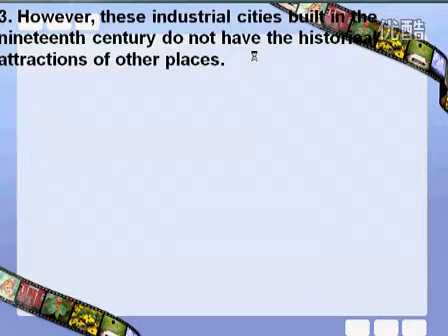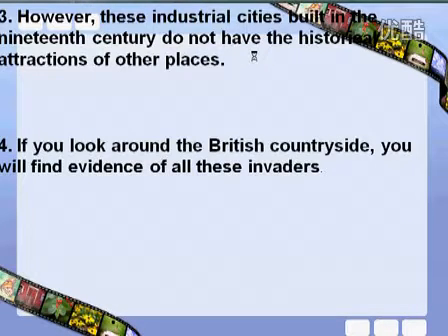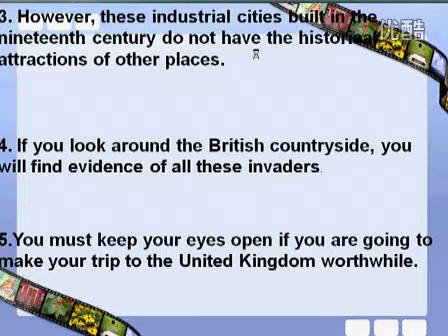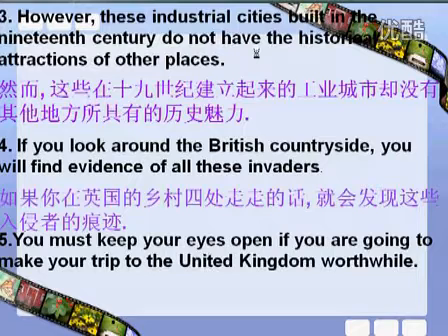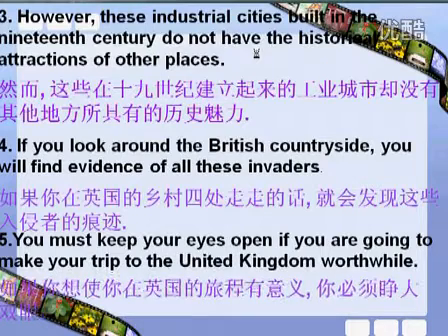However, these industrial cities built in the 19th century do not have the historical attractions of the other places. 然而，这些在19世纪建立起来的工业城市却没有其他地方所具有的历史魅力。Number 4, if you look around the British countryside, you will find evidence of all those invaders. 那如果你在英国的乡村四处走走的话，你就会发现这些入侵者的痕迹。Number 5, you must keep your eyes open if you're going to make your trip to the United Kingdom worthwhile. 如果你想使你在英国的旅程有意义，那你就必须睁大你的双眼。